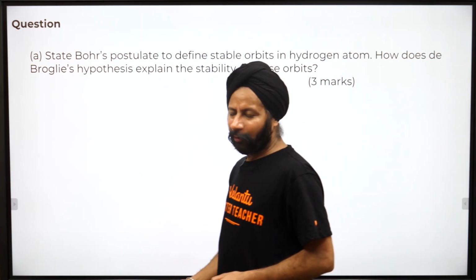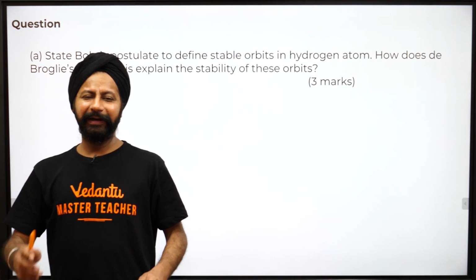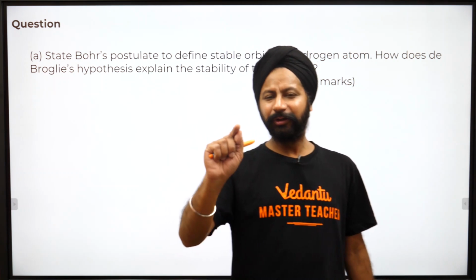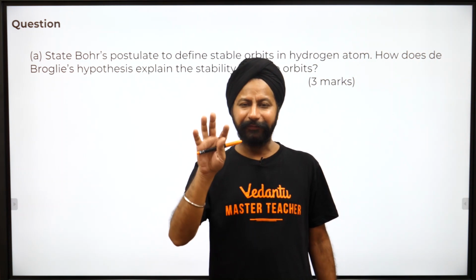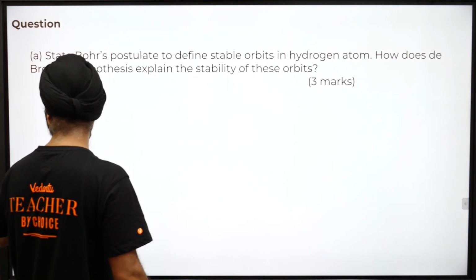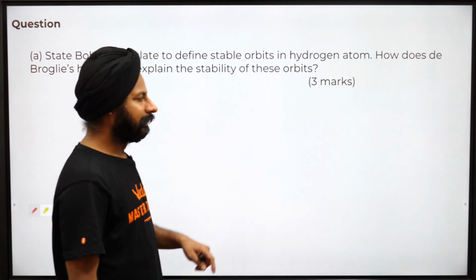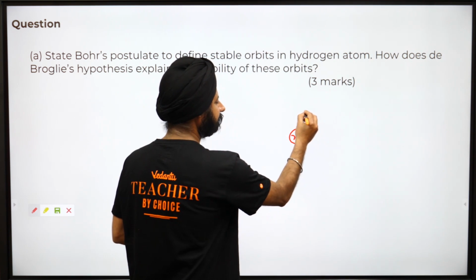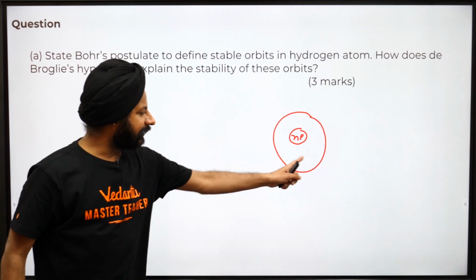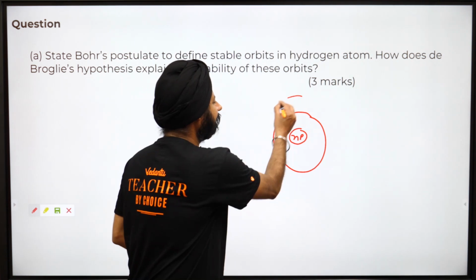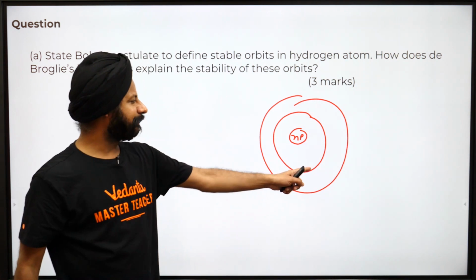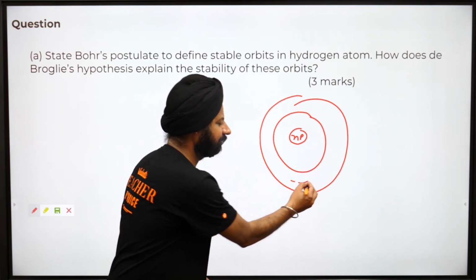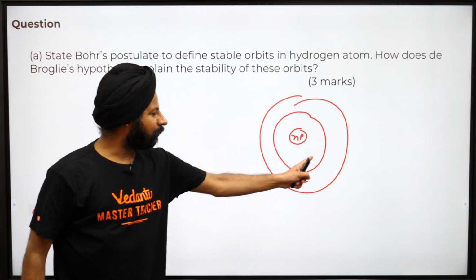Now Bohr came in and proposed a few postulates, and he said, okay, the electron can be in only a few given orbits. So let me cover that a little, because this is going to help you in future questions also. What Bohr is saying is, there is a nucleus with neutrons and protons and there are orbits here. So the electron can be in this orbit or in this orbit. There is something special about these orbits. He is saying either this orbit or this orbit. You cannot be in between. It's impossible. Now, what is special here?